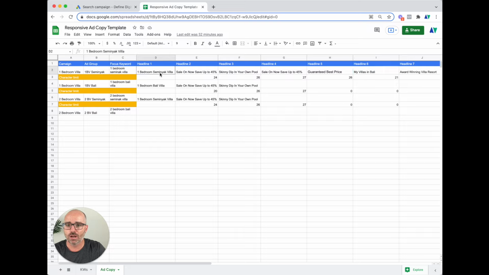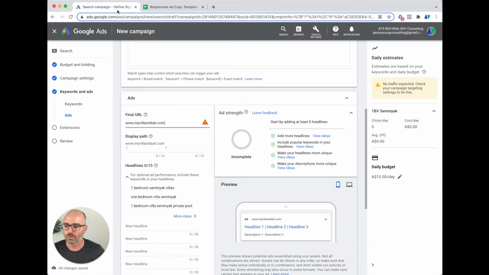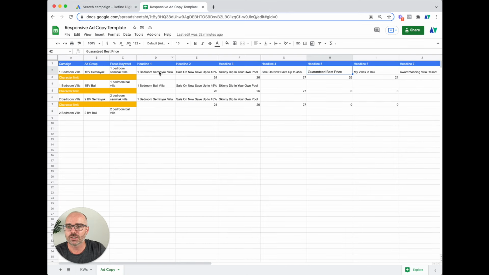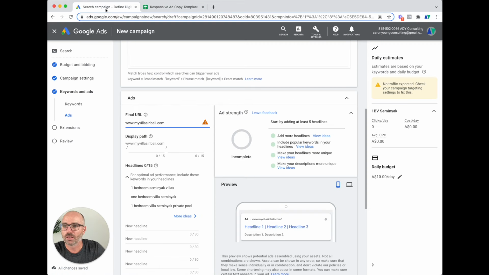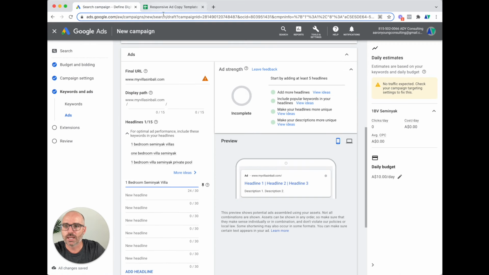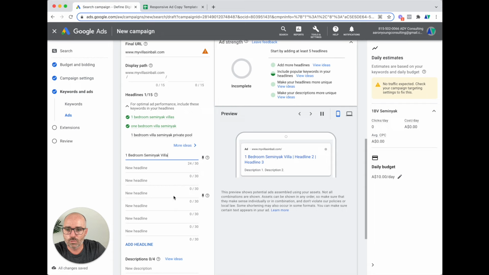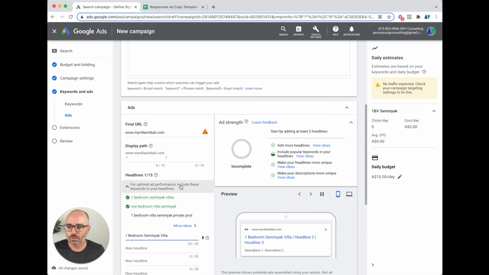Once again, I just find it's a better way to plan out my ad copy and make sure I'm hitting all of our core messages, rather than just going, oh, what am I going to type and what are we going to do? I also find it's good for quality control. It allows you to make sure little things like your spelling are correct, and if you've got any industry regulation concerns, you can make sure everything is done correctly. Once you've done that, it's just a matter of copying over your headlines and then your ad descriptions. Also, I'm only dealing with responsive search ads,